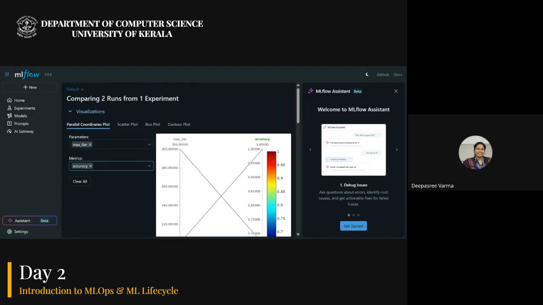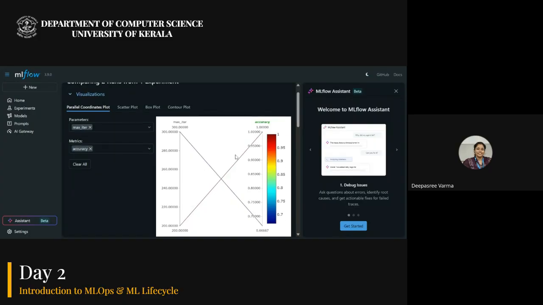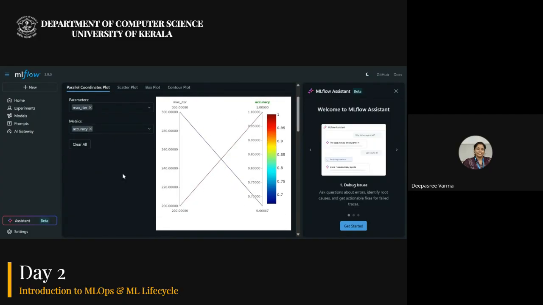Okay. So here you can have a clear comparison, especially when you are doing multiple experiments. When you are doing research for your research papers, you can clearly show why one model is better than another using these visualizations. Here you can add more metrics if you want. Like we used only accuracy. If you want to see precision, recall, F1 score, everything you can track using this.